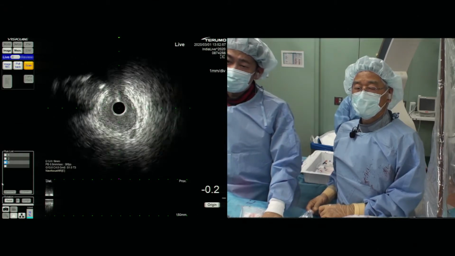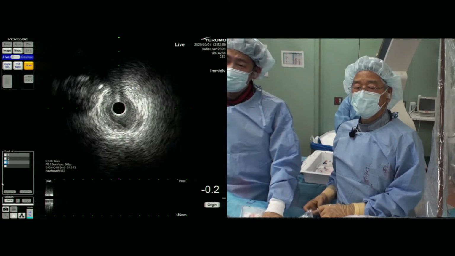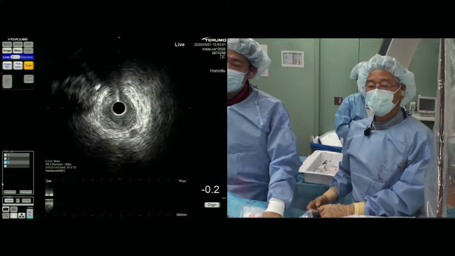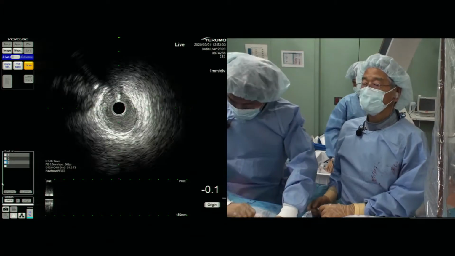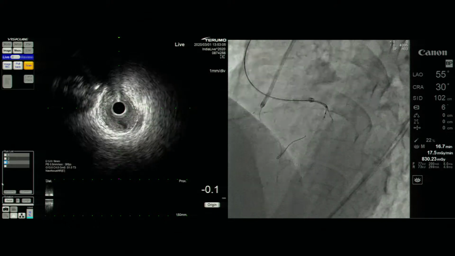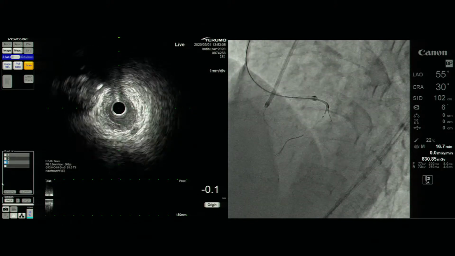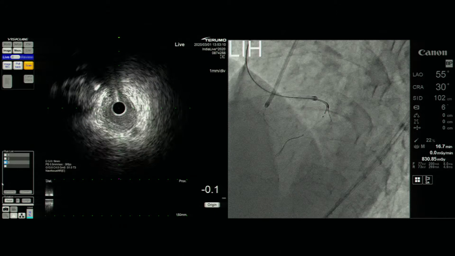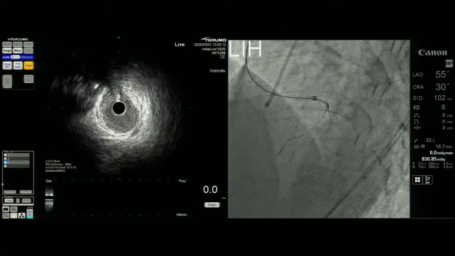Yes, of course. But one of the problems is we cannot easily change to a microcatheter. You have to remove everything, including IVUS, and I think it's very delicate. And at this point, I think probably the IVUS requirement is not so much. So I think if one can control it very well, then